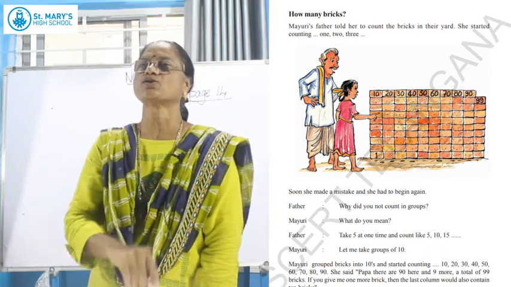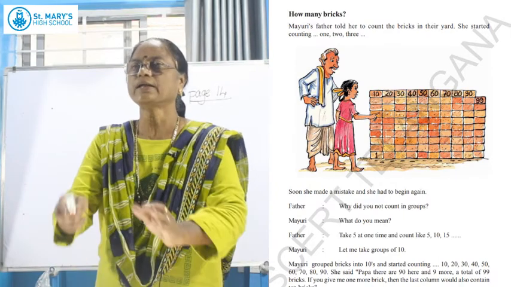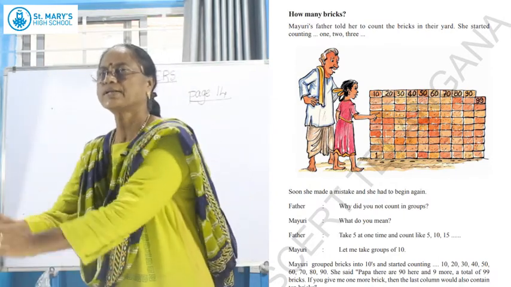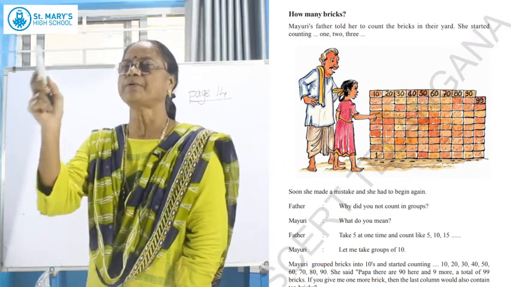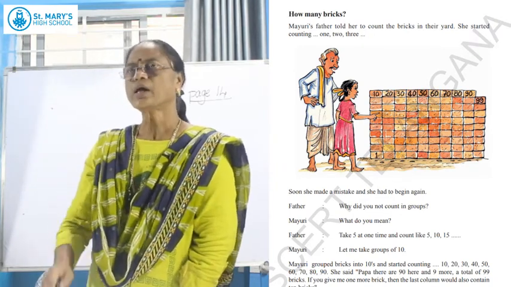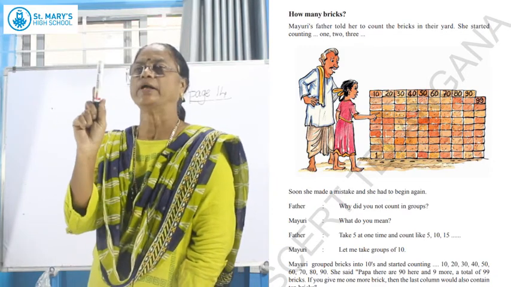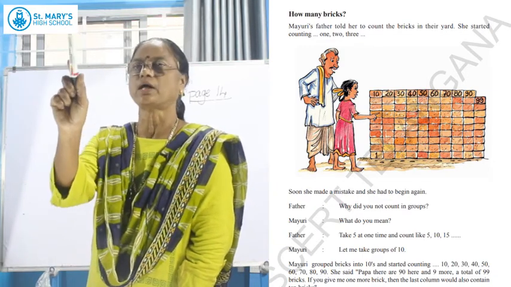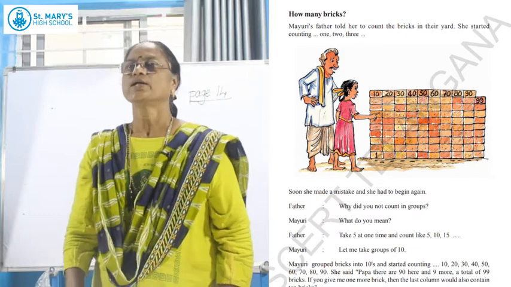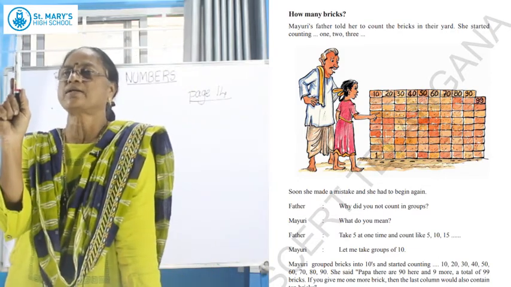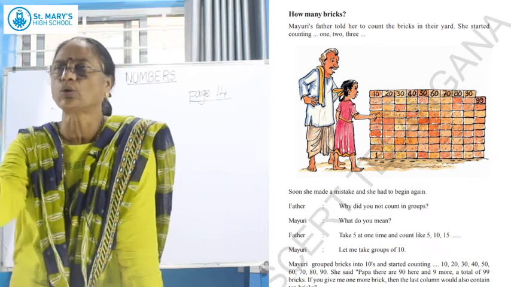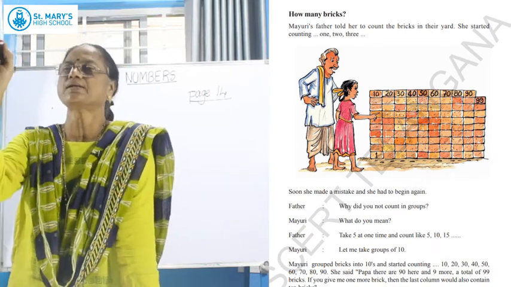She says to her father that each row, see there, is 10, 10, 10, 10 bricks. Do you want to count? You know the numbers from 1 to 100? You try to count there. Okay? So what is given? For the first row, 10 is written. That means the total in the row is 10.